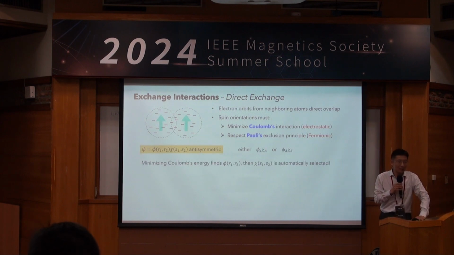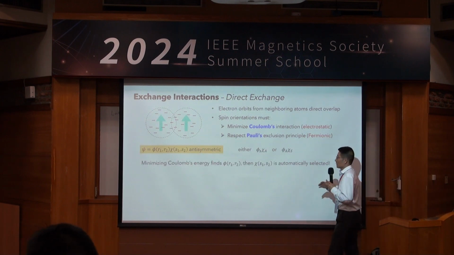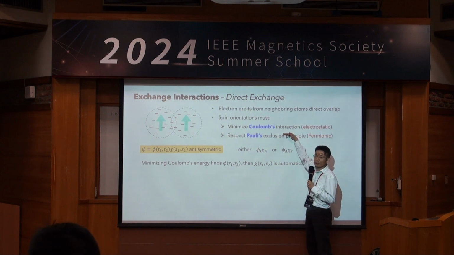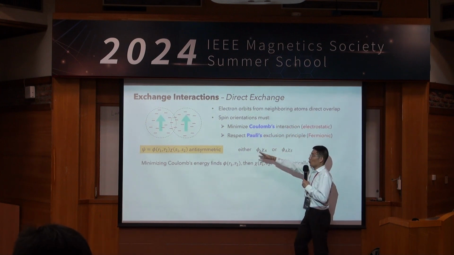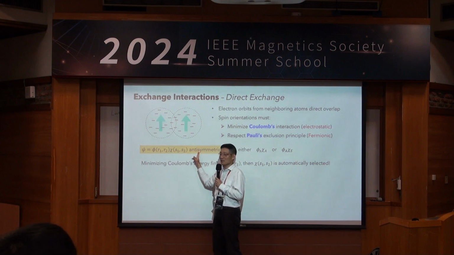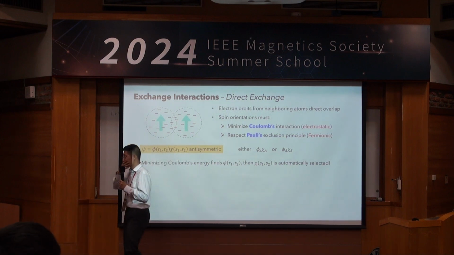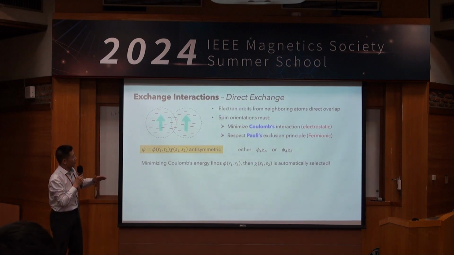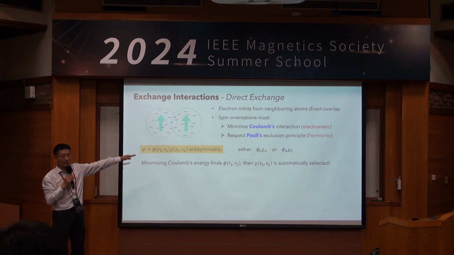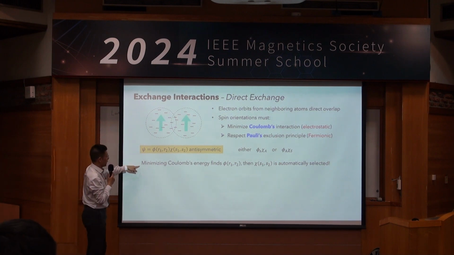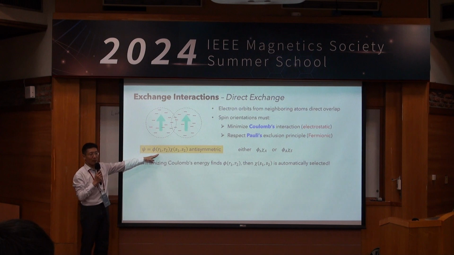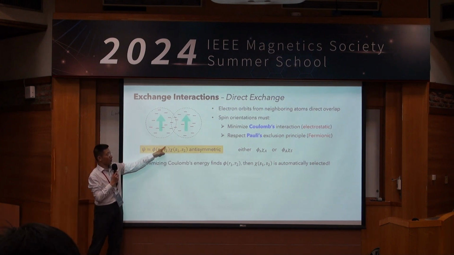And the direct consequence of this conditioned minimization is that the wave function must be antisymmetric in order to respect the fermionic statistics. So here, by minimizing the Coulomb's repulsion, then we can first determine the spatial part of the wave function of the